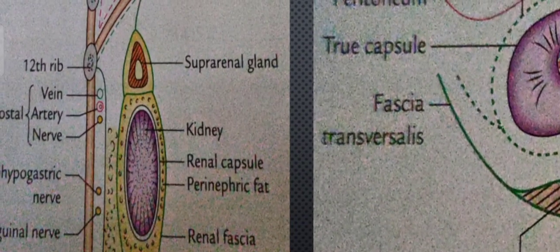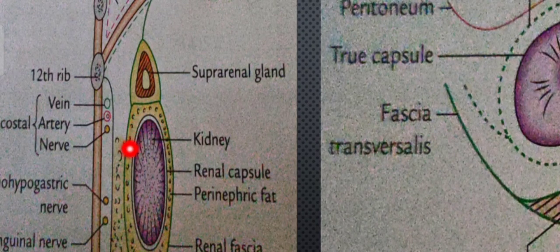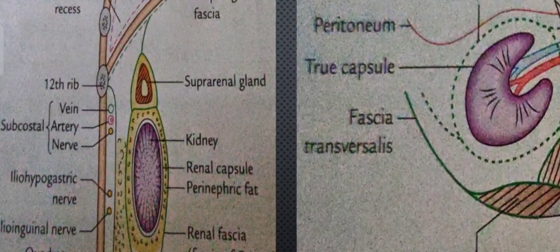See here, this is the renal capsule, that is the true capsule of the kidney. It is formed by the condensation of stroma that is present around the kidney. Usually this lies along the margins of the kidney and is able to be peeled off, but during some inflammation of the kidney, the capsule becomes firmly adherent so that it cannot be removed. This is one of the clinical points.